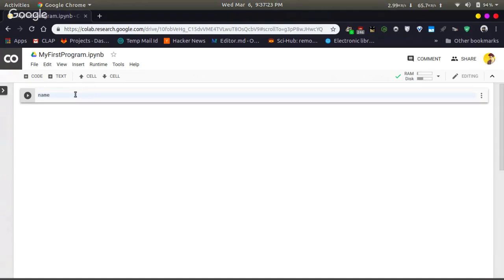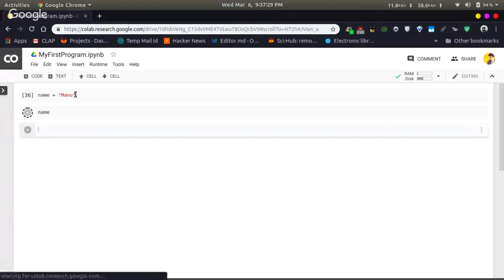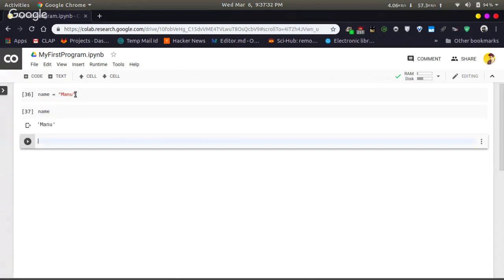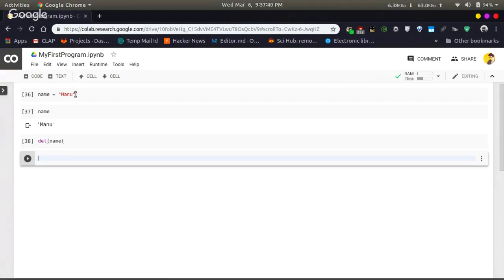You create a variable name, say it's Manu, and if you print out name, it will obviously print out Manu. But when you delete the variable name, that variable will be deleted from the computer's memory, and you will no longer have the value Manu inside that variable.